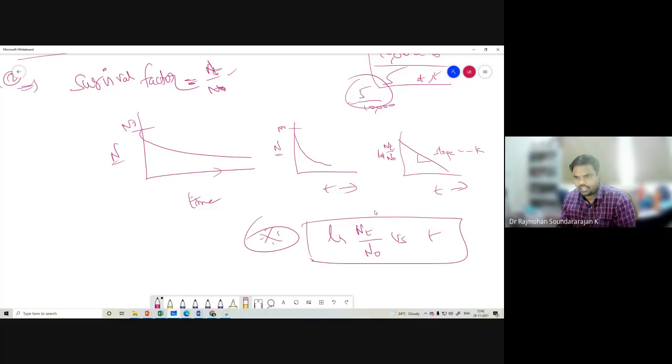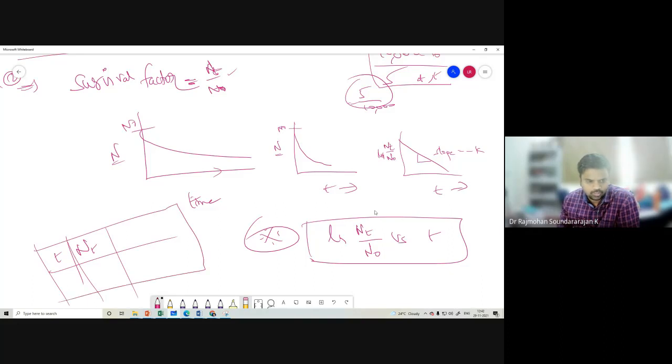Means the death rate, the kinetic rate constant, can be found out when you have the data of, say for example, Nt versus time, right? You are going to observe the cell growth kinetics. That's what I have explained to you. Initially time is t naught, initially number of cells is N naught. You perform some experiment to find the data. So you have data, right? At 5 minutes, 10 minutes, 20 minutes, like that you are going to have number of cells. So cell density value is given.